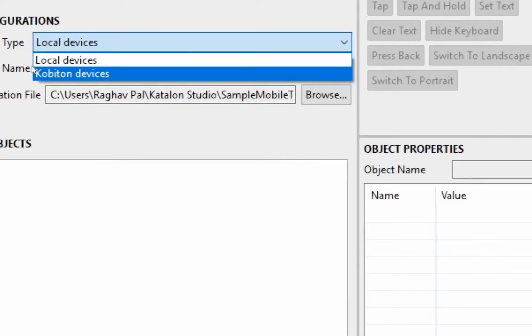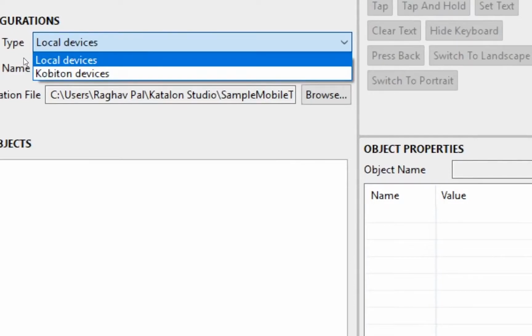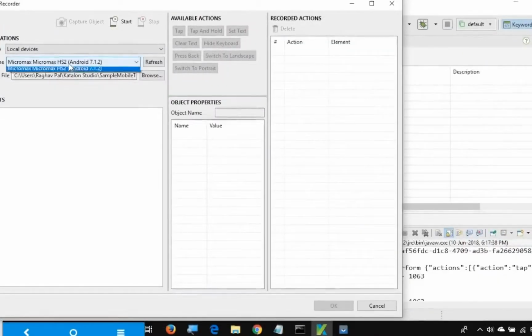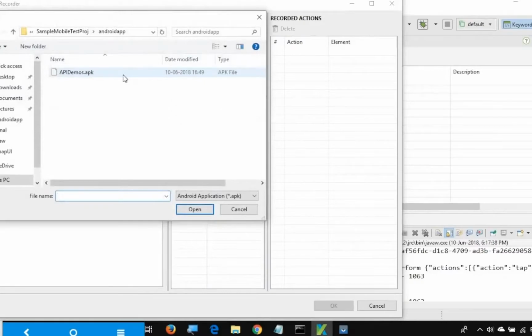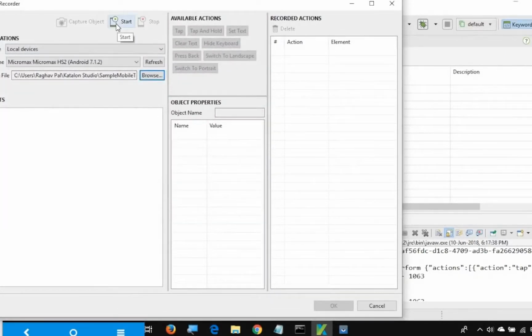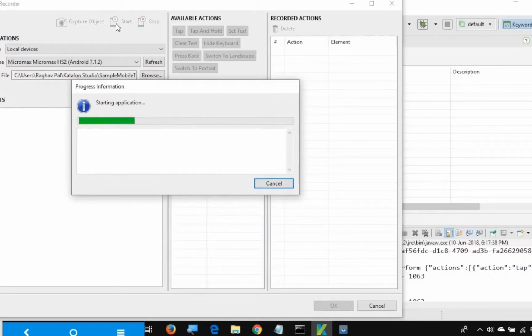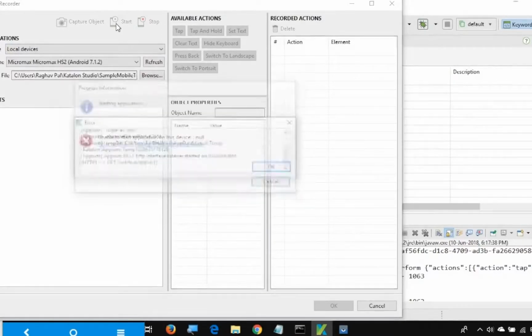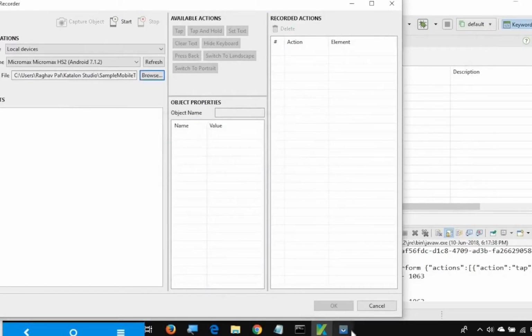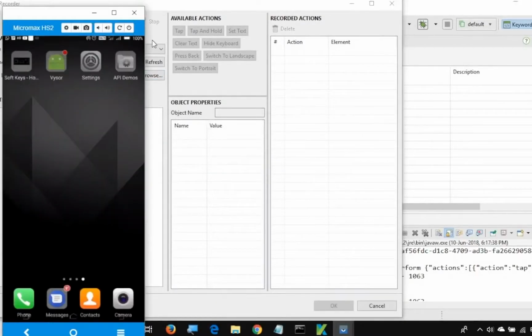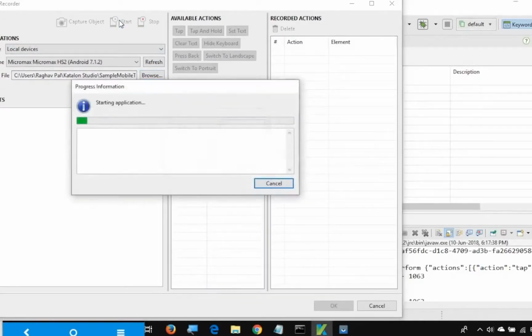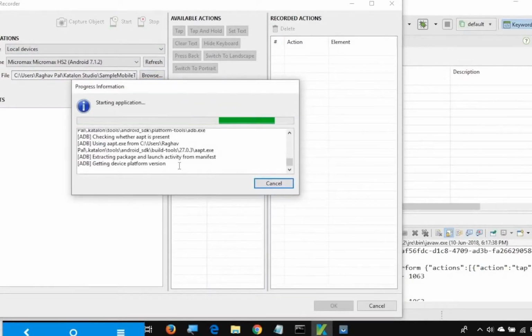So Katalon is a cloud service where you can get mobile devices on the cloud for use, and we will cover this in a later session, but now I am using my local device, which is this Android device. And here you have to give the application file name. So what I'm going to do is I will just select this API demo.apk, which is already present in the sample project. I will say OK and I will say start, and let us wait for the application to start. So there is some issue. Let me just see. Yes, it is starting now,